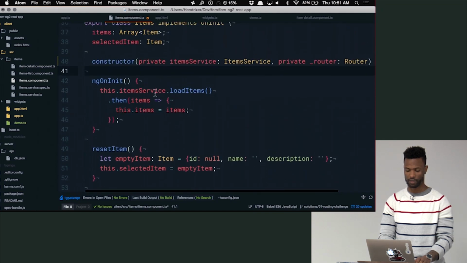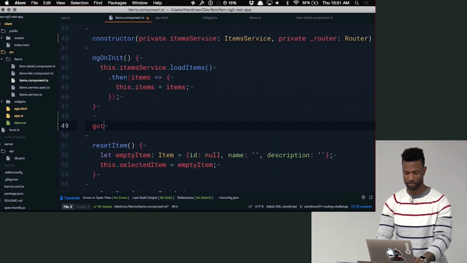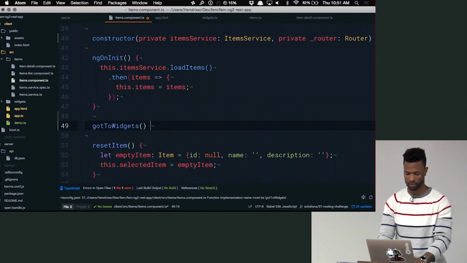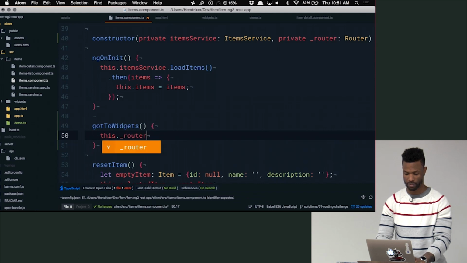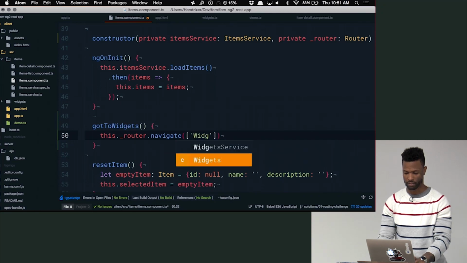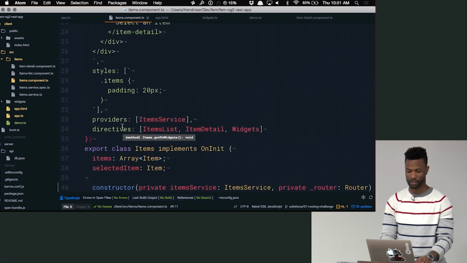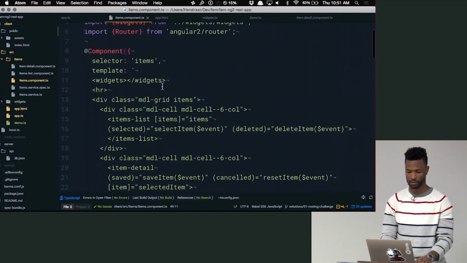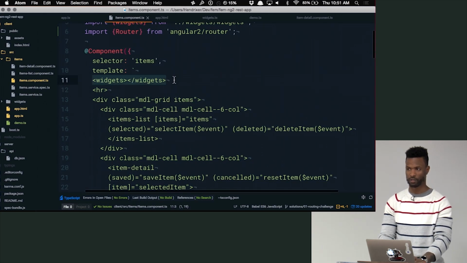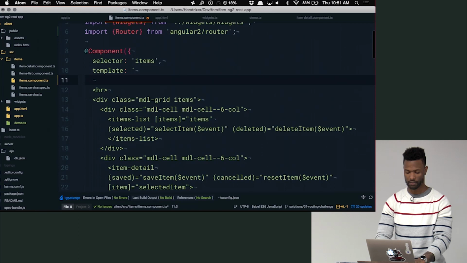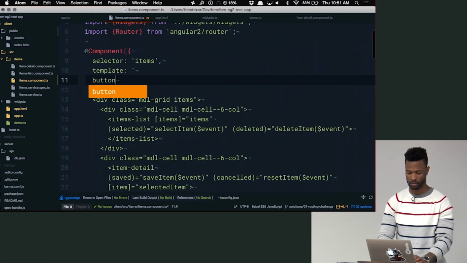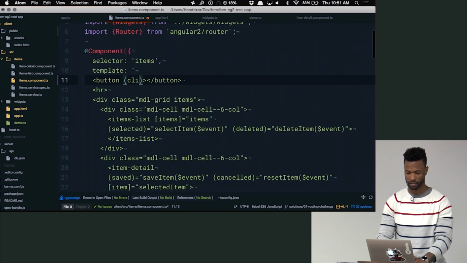And then now we just need to create some functionality. So we'll just say go to widgets. This dot router dot navigate to widgets. So now we just need to wire this up to something inside of here. Let's just get rid of the widgets component that's at the top. And we'll just add a button that has a click that says go to